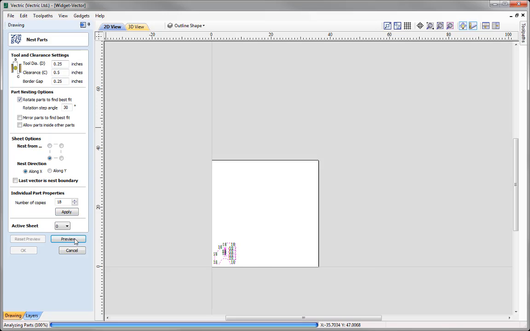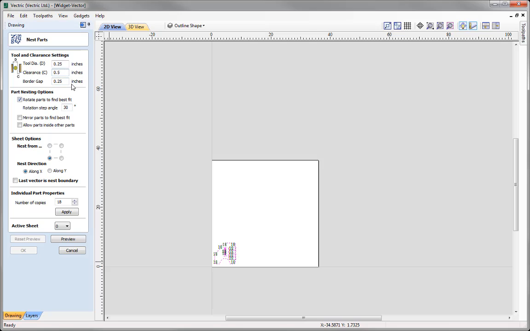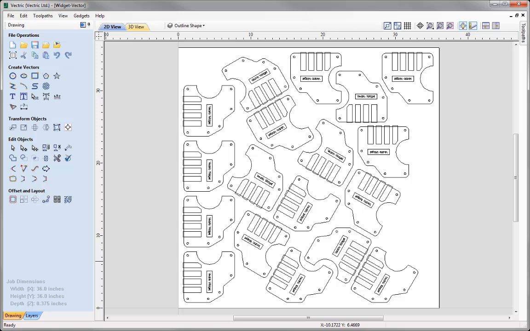then press apply, preview that, and again we're still missing one widget there. So what we could do again is just look at some other options that we could alter to ensure that they all fit on the same piece, just to really maximise the amount of space that we're actually using. So let's reset that preview. We could get away with just reducing the clearance gap, so we'll make that 0.4 instead, and then again we could just apply that and then preview that, and we can see that all of the widgets now fit on our single sheet there. Okay, so I'm happy with that, so we could just click OK to accept that,